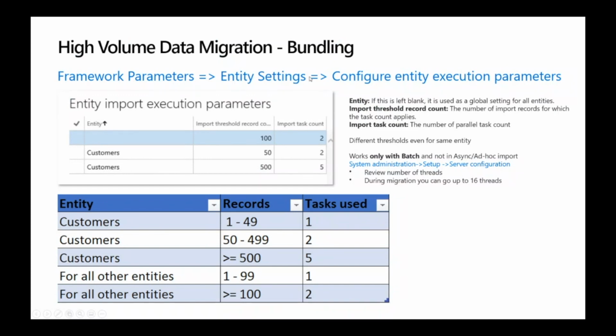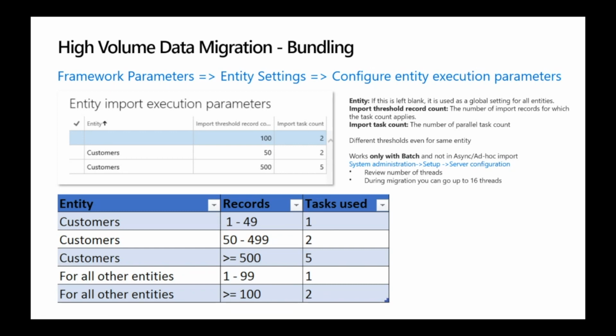If you deploy a new environment, that environment will have a blank form for that, meaning that if there is nothing defined for an entity, we don't have any import threshold,